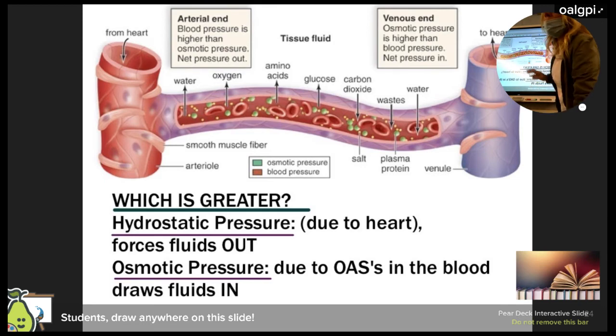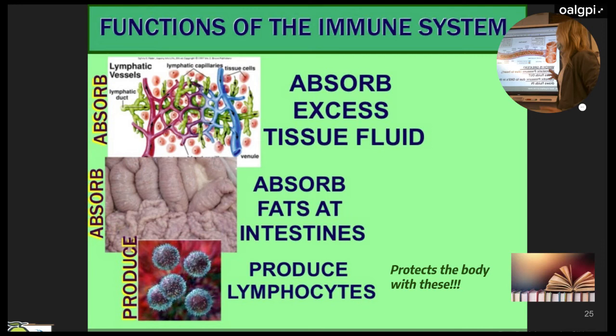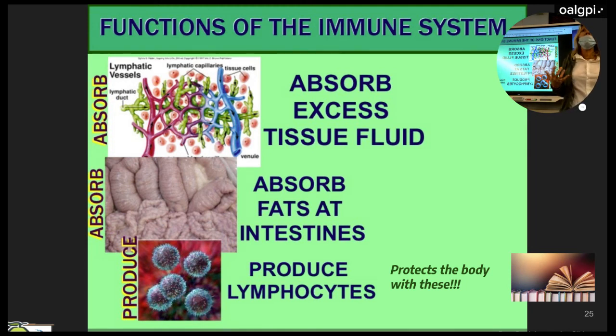So then we said, what are the functions of your lymphatic system? There is an inequity in the amount that gets pushed out at a capillary versus what gets recovered. So one of the key things that your lymphatic system does is pick up all that excess fluid. What is it called if there's failure to do that? Starts with an E. Edema. Yeah, and you get that swelling. Remember that leg?